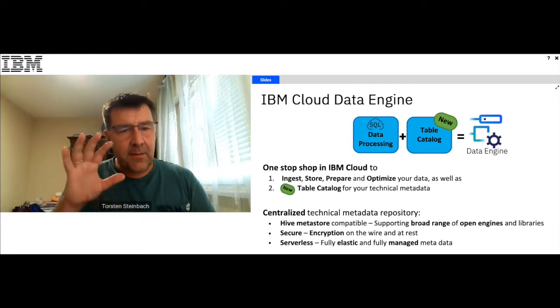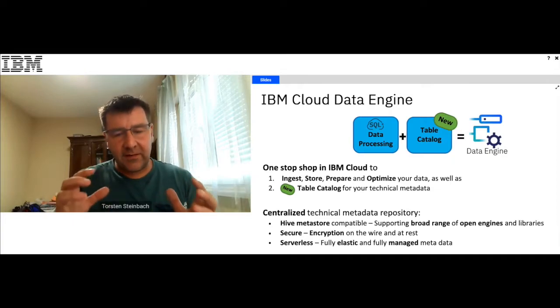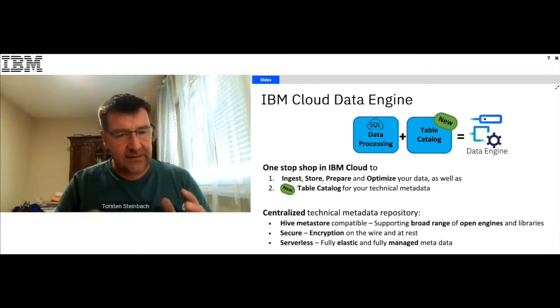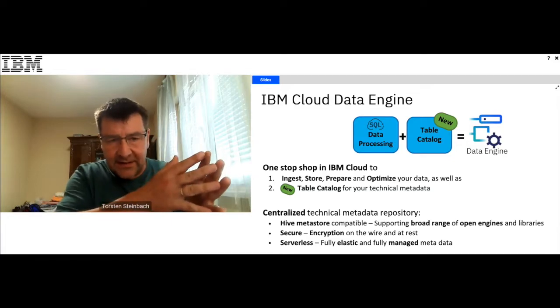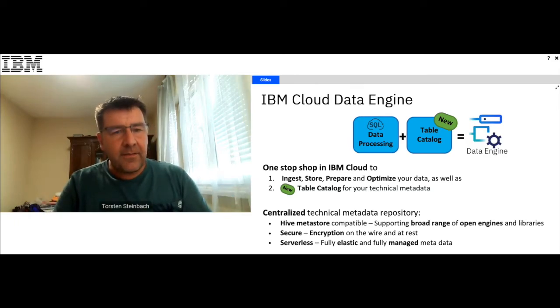And this is the built-in catalog service. So you have data processing. That's what we have done for the past years already. And now we augmented it with a full-scale table catalog service. With that, you have one service that allows you to ingest, store, prepare, and optimize your data. So basically, this is the onboarding and the processing steps, as well as creating this data into a table catalog with all the technical metadata needed,